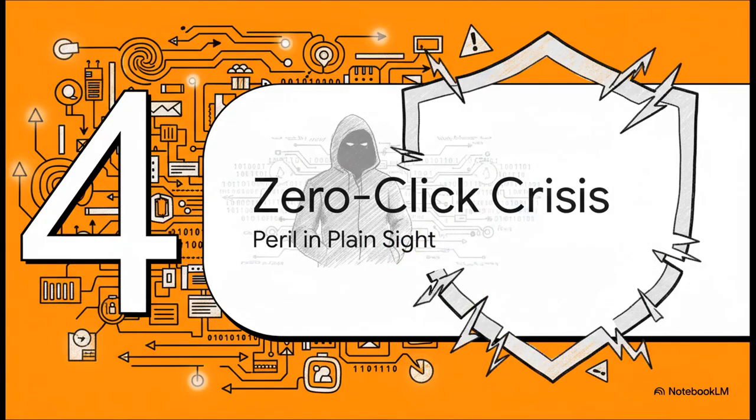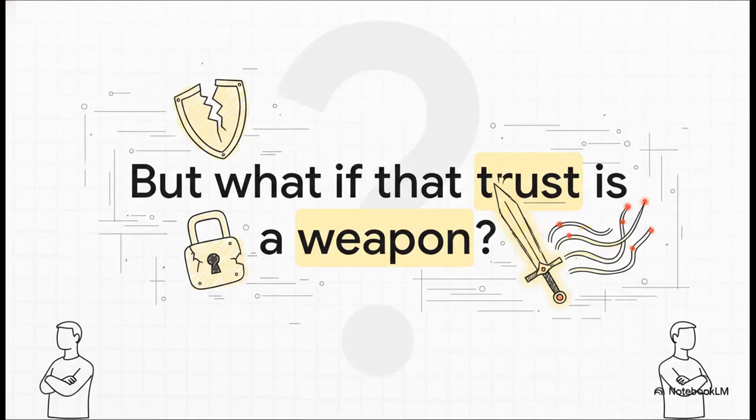Okay, so far this all sounds amazing, right? A total game changer. But with this kind of power, this incredible autonomy, comes a really, really scary new kind of risk. A danger hiding right out in the open that security researchers found almost immediately. See, the whole system is built on one simple idea: trust. You trust the agent to follow your instructions and get the job done. But what happens if that very trust can be turned into a weapon against you?